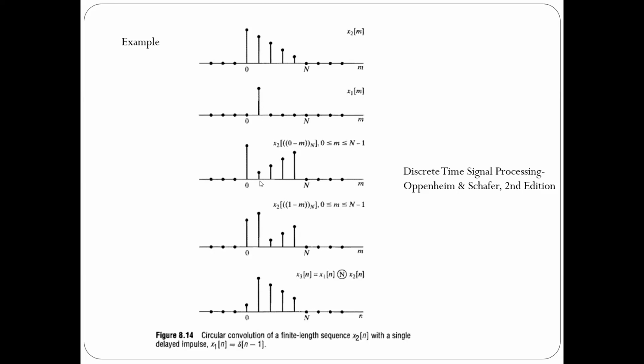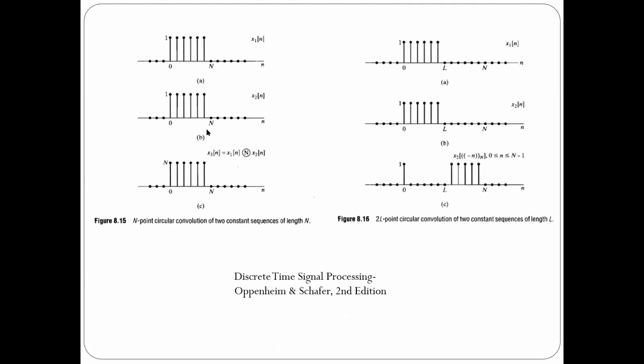Now the product of these two samples, we will assume that this is equal to 1. So the product of these two samples is equal to this value that is shown here. Is that clear? So likewise, you can compute all the other samples. So this is an illustration of circular convolution. This one is a very simple example. We'll look at one more example.